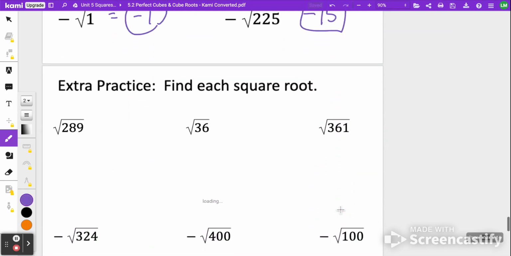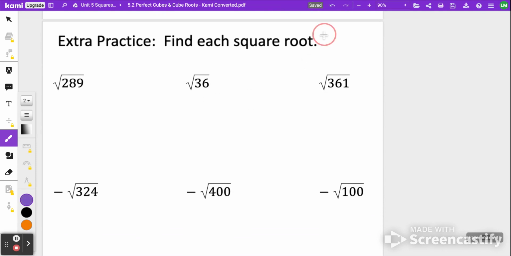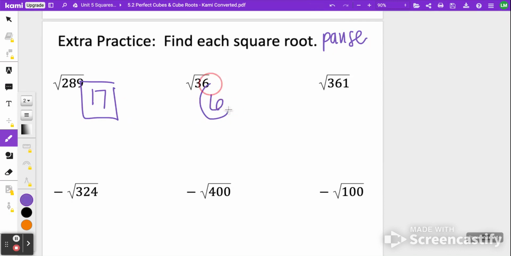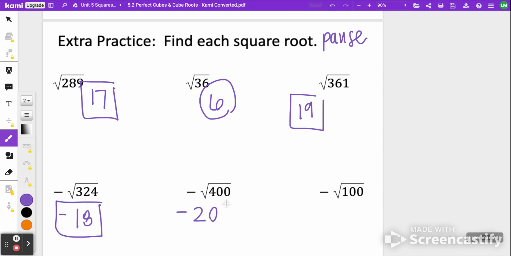Okay. And then a last little bit, go ahead and pause here. Try these on your own. When you're done, click play. All right, 289 should be 17. 36 should be 6. 361 is going to be 19. 324 is going to be 18, so negative 18 for this one. 400 is 20, so the negative square root of 400 is negative 20, and negative square root of 100